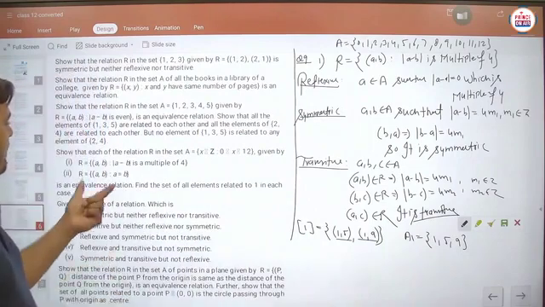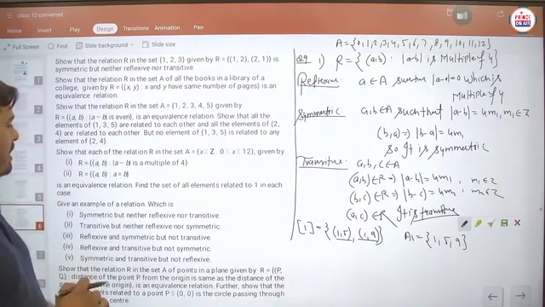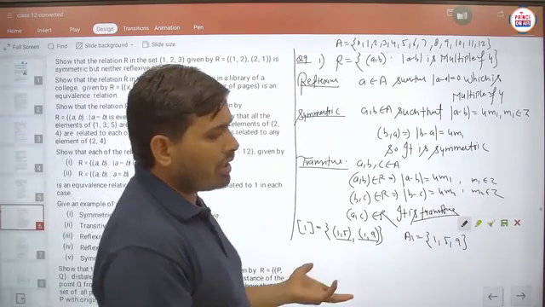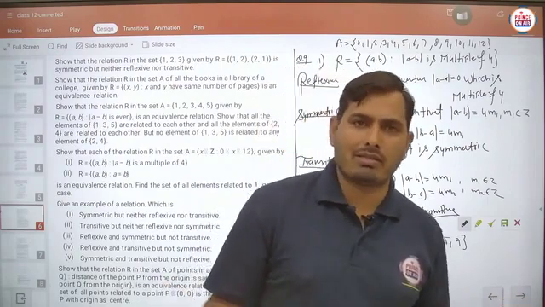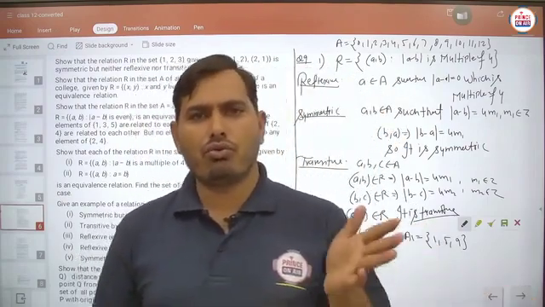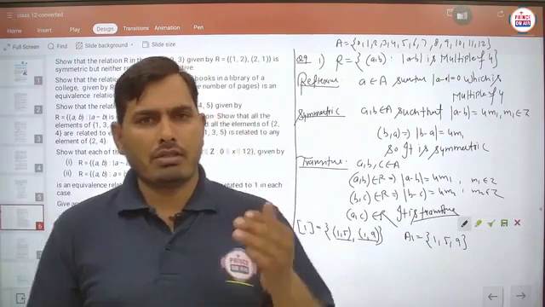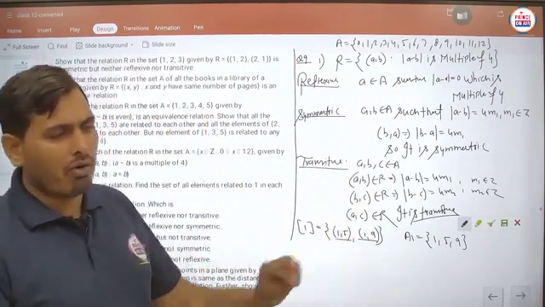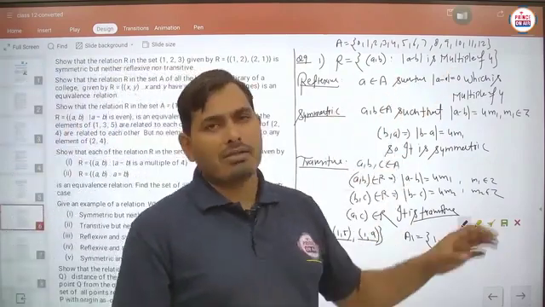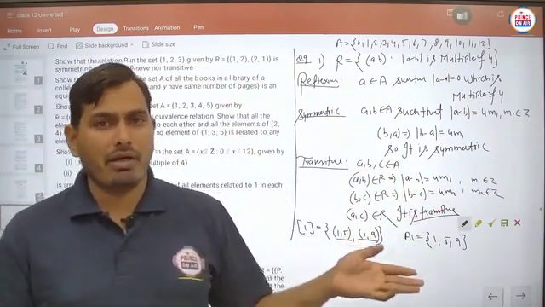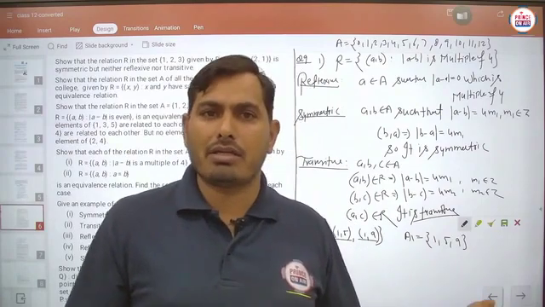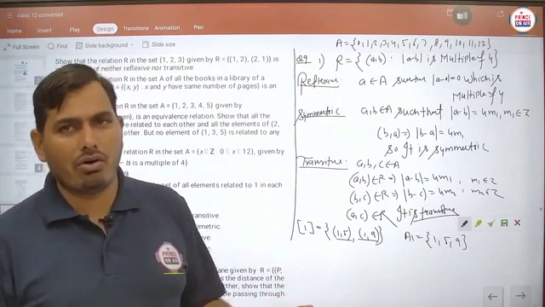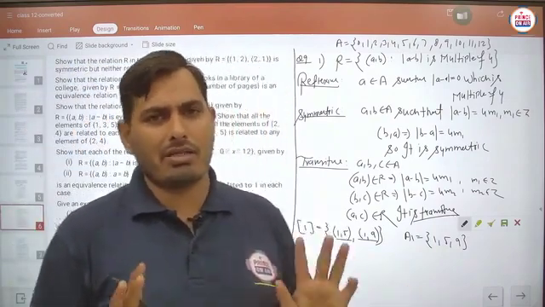The second is a very simple part, students, you can just solve it by yourself, because it is given as A equals B. A equals B means both A and B are equal, so you will always get 1 1, 0 0, 2 2, 3 3, 4 4, 5 5, 6 6, 7 7, 8 8, 9 9, 10 10, 11 11, 12 12. We have to write the same type of ordered pair always. And this is always the identity relation, and the identity relation is always an equivalence relation. Is it clear?